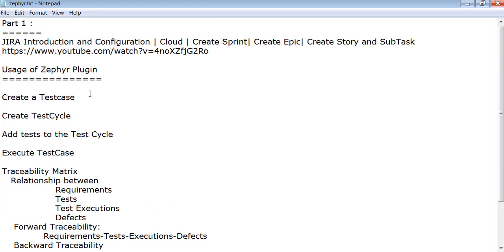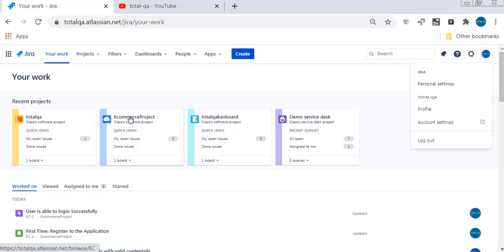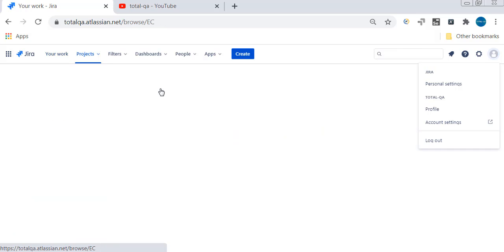Let's get into the topic now, creating a test case. Let me open Jira now. So this is my Jira account. I logged in already, because whenever you create an account, you get a link, as this Jira account is created in the cloud. It doesn't require any software to be installed on the laptop. You can just access this link. Now I created multiple projects. I created the e-commerce project, which is part of video 1. I just access the same one to continue further.